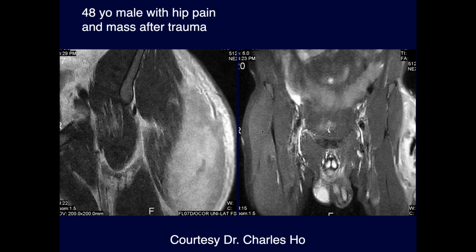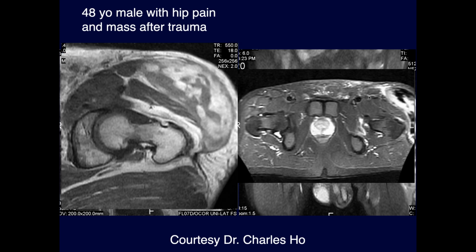48-year-old male with hip pain and mass after trauma. You can see a lot of edema. I don't know. It looks like I think it's external to the musculature. It might be within the musculature. I think this might be a large